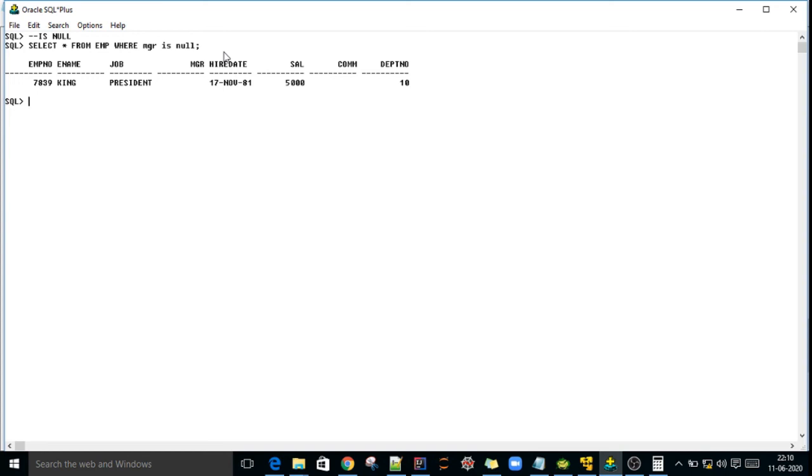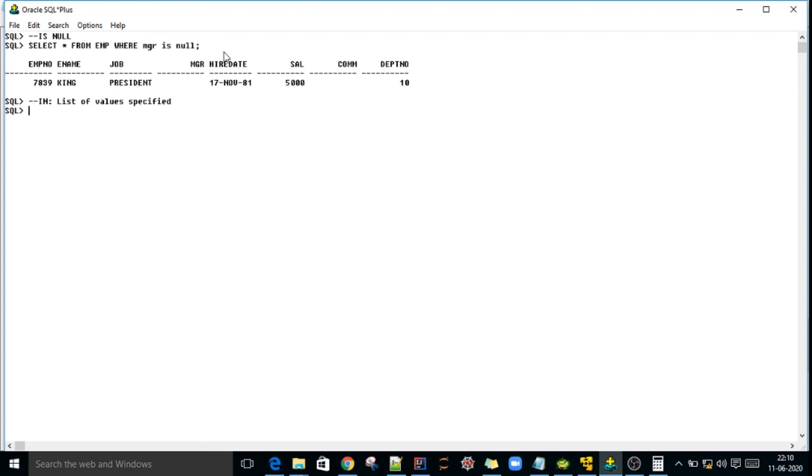So IN, NOT IN, IS NULL we have seen, right? IN will give the output based on the column and its list of values specified.